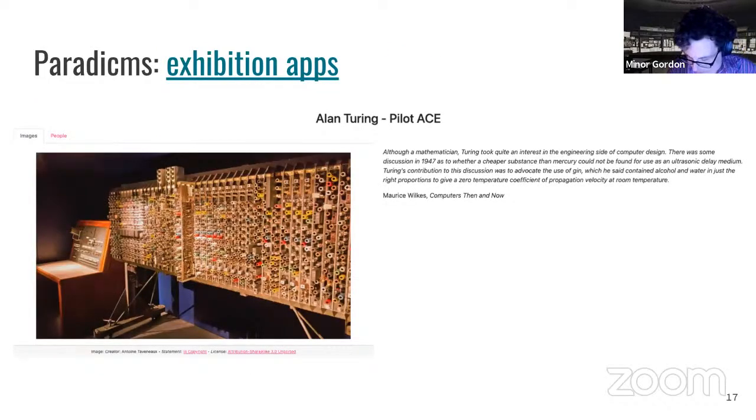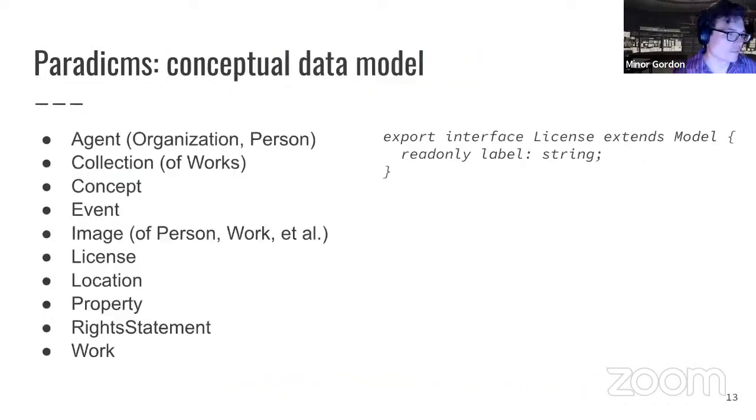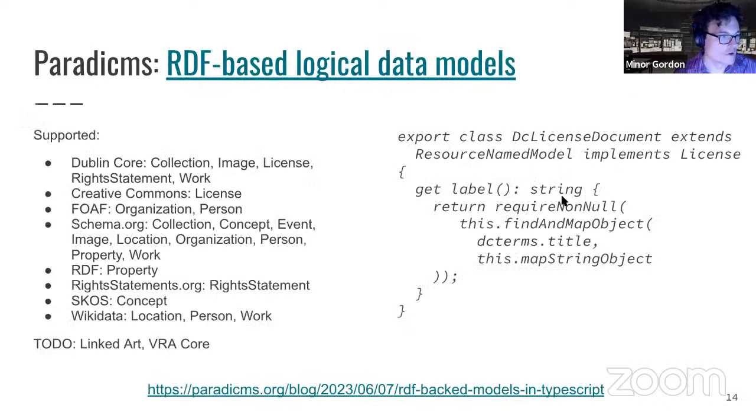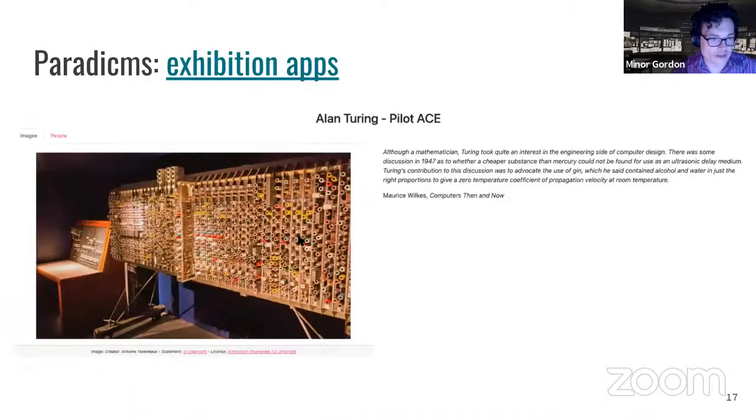Well, the strength of having this conceptual data model is that you can support many, many different kinds of interfaces using this basic structure. So why go to the trouble of having these sorts of abstractions of different kinds of licenses, different kinds of works, different kinds of properties, and so on? Well, we'd like to be able to incorporate data from many different sources, particularly if you're a small grant institution. So you don't want to reinvent all of these things. We'd like to be able to pull in all of that data and then generate some interesting interfaces